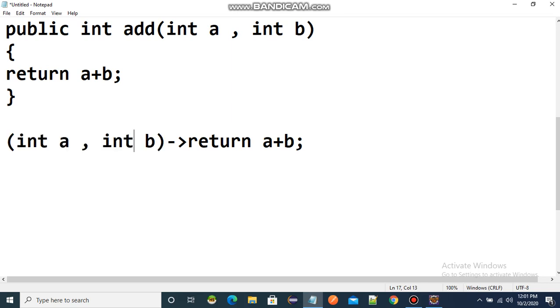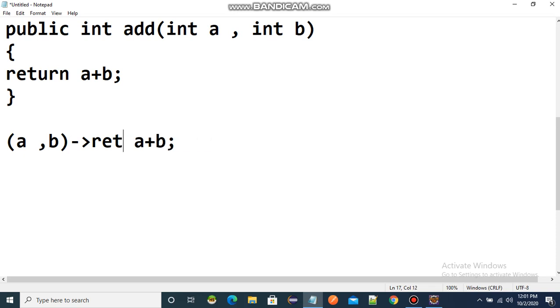Onwards from Java 1.8, the JVM is becoming very smart and it identifies the type based on the context. So we can exclude it, and it is perfectly fine to use. And as we are only returning this, we can also exclude the return keyword.